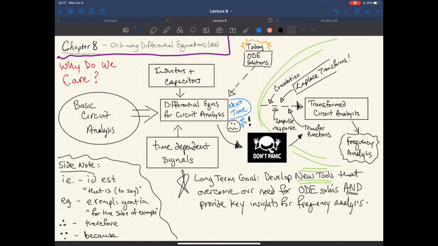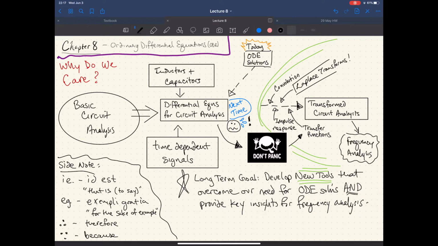Today, we're going to talk about ordinary differential equations. And we are just going to talk about ordinary differential equations. So, if you know how to do ODEs really well, you can probably skip this one. If you want a little recap and you're not sure about some things and you want to learn a couple extra things on the side, go for it.